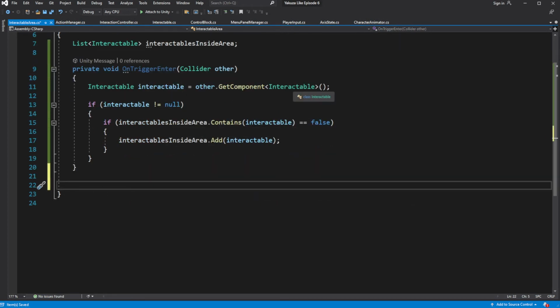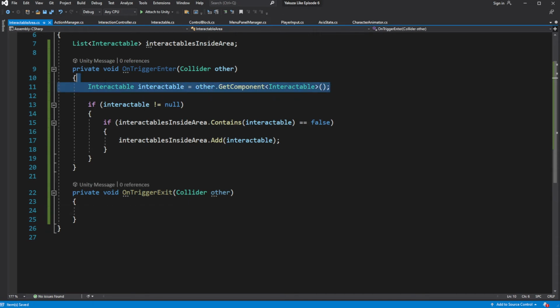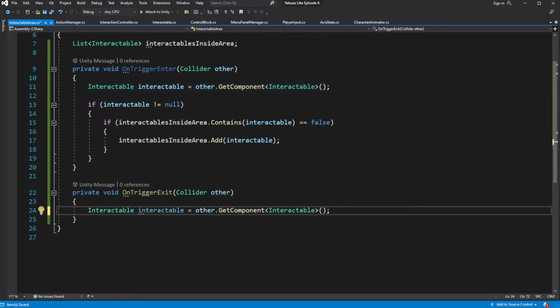We will do opposite in the onTriggerExit. So if the object which is leaving the interactable area have an interactable component, remove it out of the list.